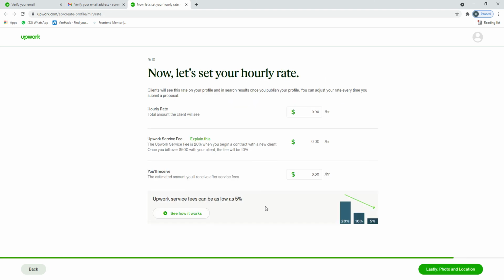The next one before the last one is your hourly rate. So you have to rate yourself hourly. This is where I suggest that you have to be very clinical. How much do you want to get paid per hour? Now this is how Upwork works. Upwork takes